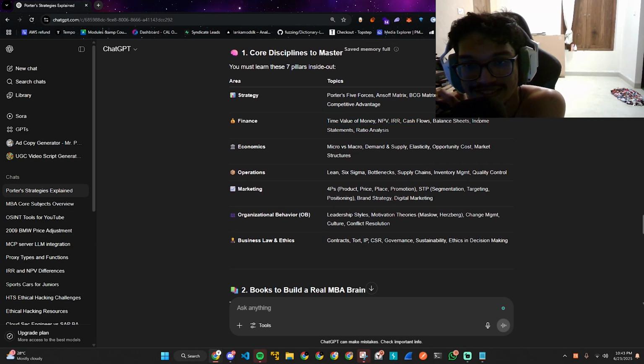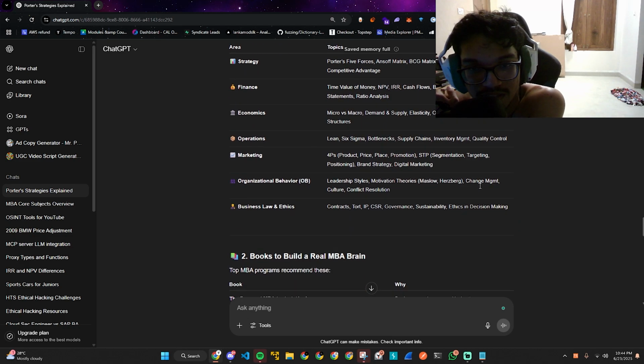Net present value, internal rate of return, cash flows, balance sheets, come on. Supply chains, inventory management, quality control, all good. Strategy to marketing, all good. Leadership styles. Maslow is basically how people feel, from top to bottom. Herzberg is motivation and hygiene factors in a job.